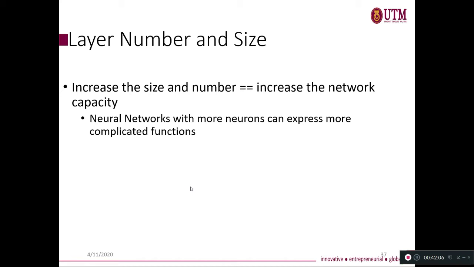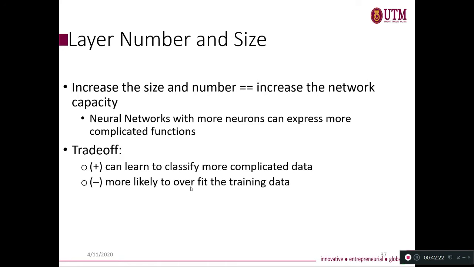Meaning that it doesn't matter how complicated the cases are, if you come up with more neurons, more layers, and a bigger network, we can solve complicated cases. The trade-off is that it can learn to classify more complicated cases. That is the advantage of increasing the number or size of neurons. Now the capability of the classifier in solving complicated cases is better and better, but the disadvantage is that it is more likely to overfit the training data,